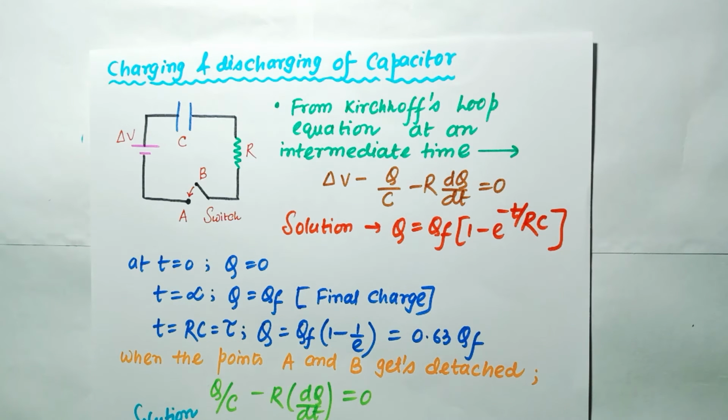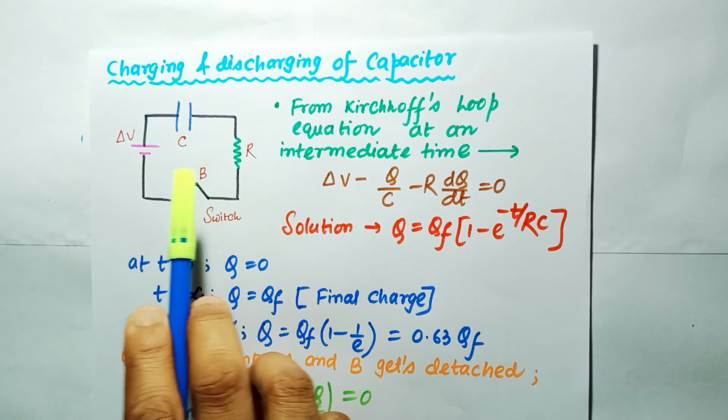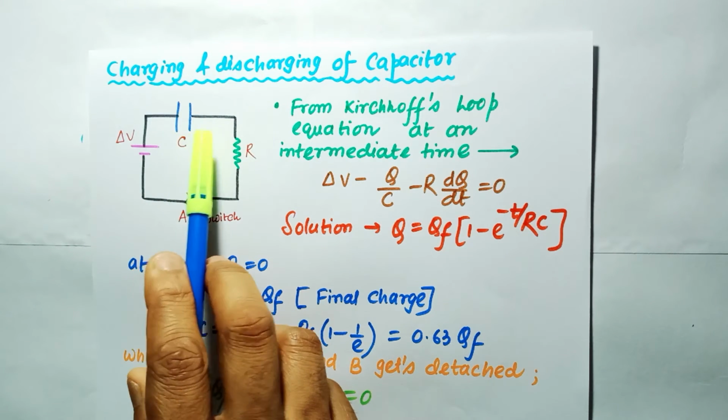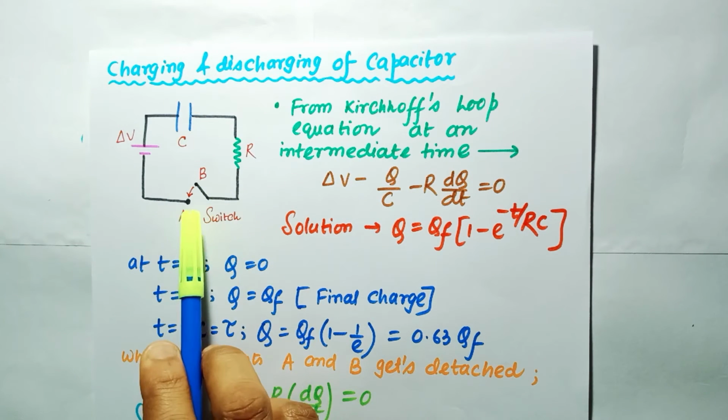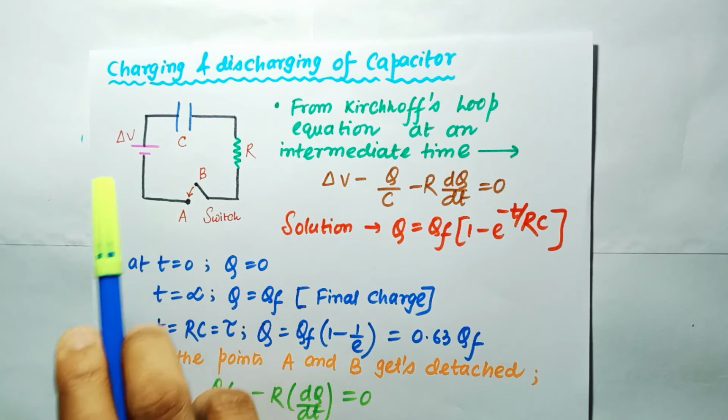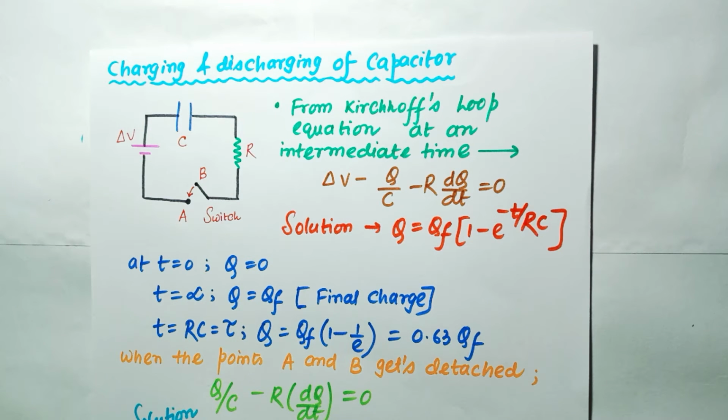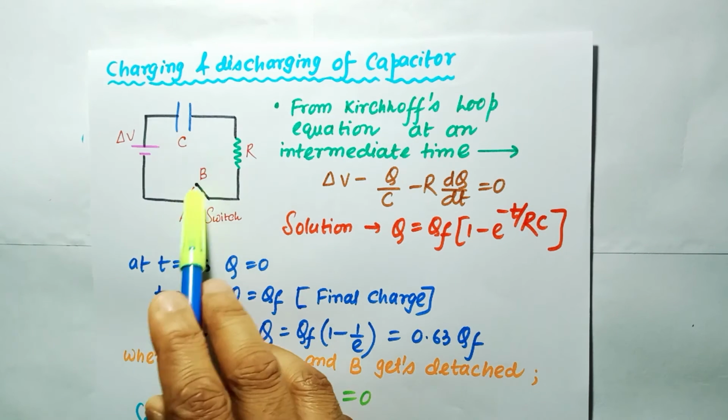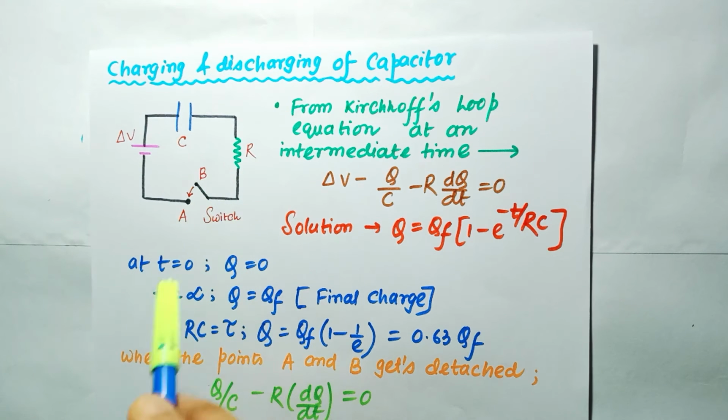So you can see this is the common RC circuit, where a resistance and a capacitance are in series connection, and this is the switch, and this is the biasing voltage of delta V. When the switch is on, it means the A and B points touch together, the charges start to build, and it reaches maximum after some time, not at that moment, but after a very small time, the charge that has been stored in the capacitor reaches maximum.